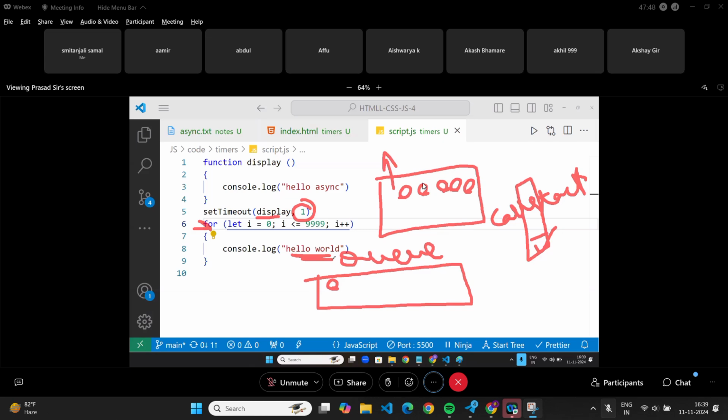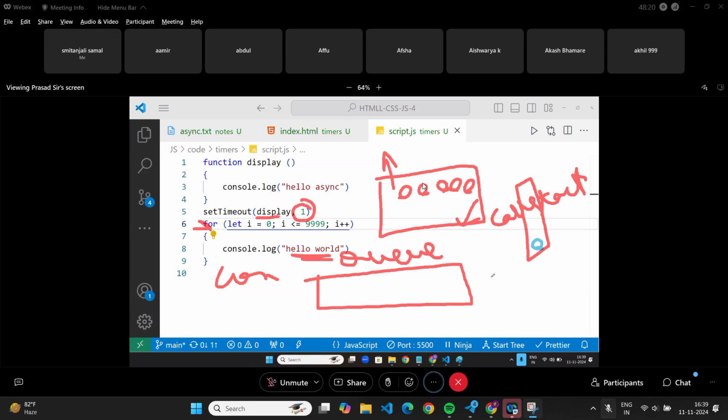But when will this display come, sir? After that loop is over, na? Imagine after the loop, one more statement is there. That also should be over. After that, one more line should be there. That also should be over. Until everyone is over, it will wait. When the whole call stack is empty, the call stack is like, done, all the work is done. Then this value will come here and it will run. Any doubts in this now?